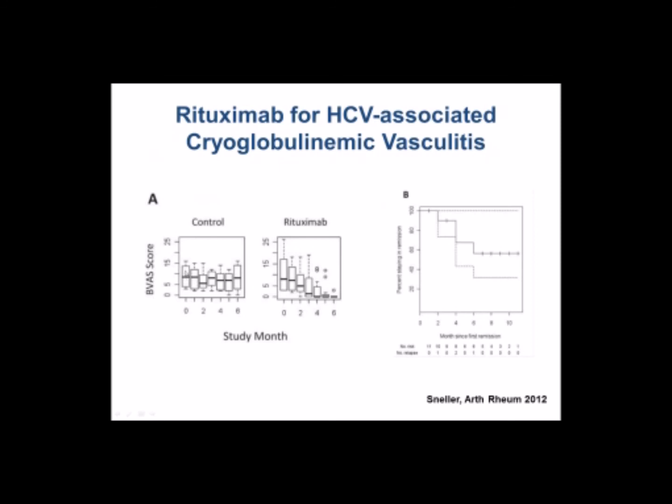And in another study, this is just BVAS, which just means the activity of their vasculitis as assessed by an expert doctor in the condition. I think in this case it was mostly Carol Langford, who's now at Cleveland Clinic. And basically the patients who got the usual suspects, I don't know if it was cyclophosphamide or azathioprine, it was based on the severity of the disease, they kind of did the same for 6 months. They really didn't get better, and those who got rituximab did quite a bit better.